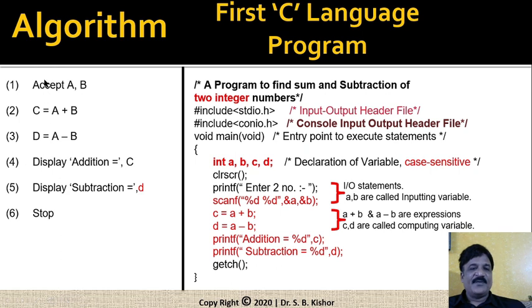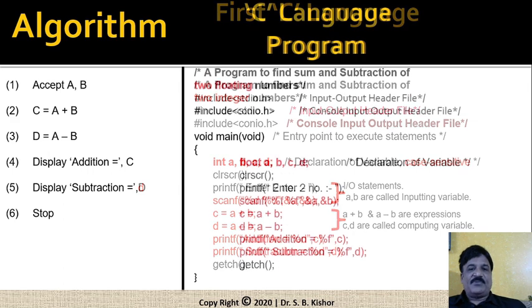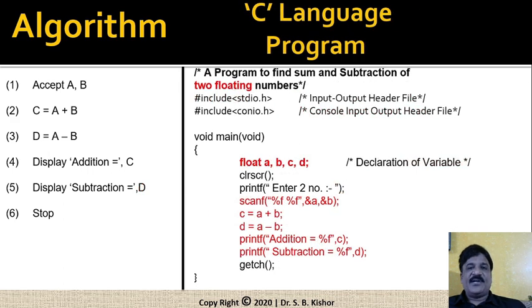Again, observe what we have done: first of all we have written the corresponding statement and then we have built the various blocks of the C language statements. Now take one more algorithm. If you want to find the addition of two floating numbers, instead of integer you need to write float here. Similarly, instead of the control string %d, you need to specify %f to indicate floating values. Floating values means values which contain decimal places.